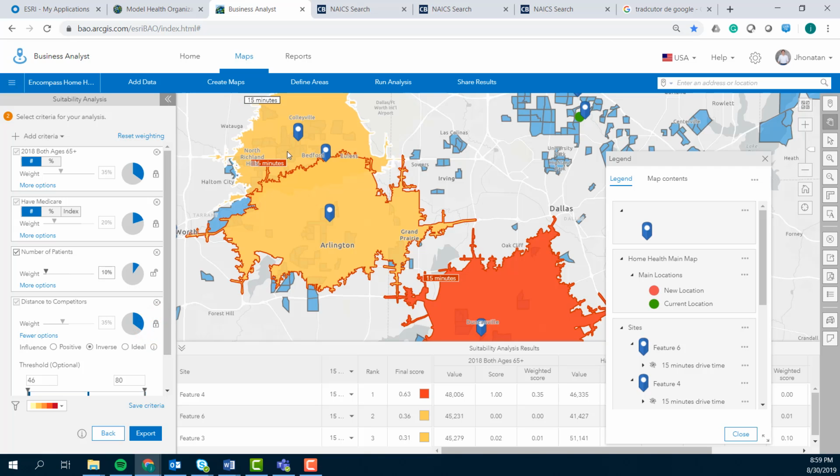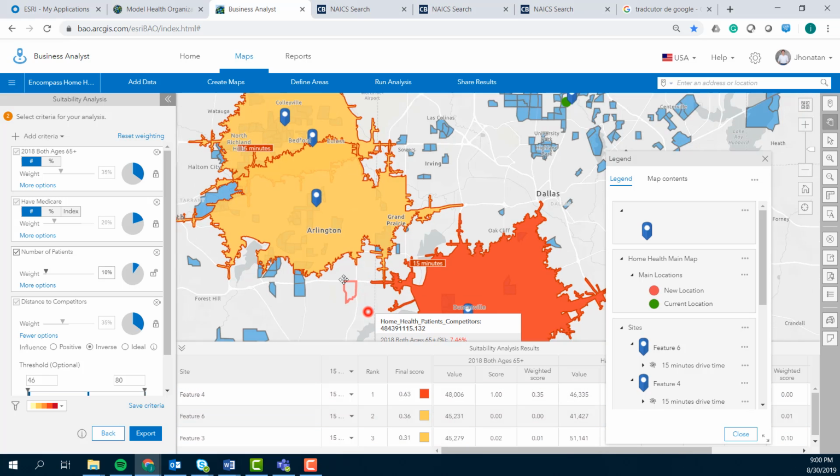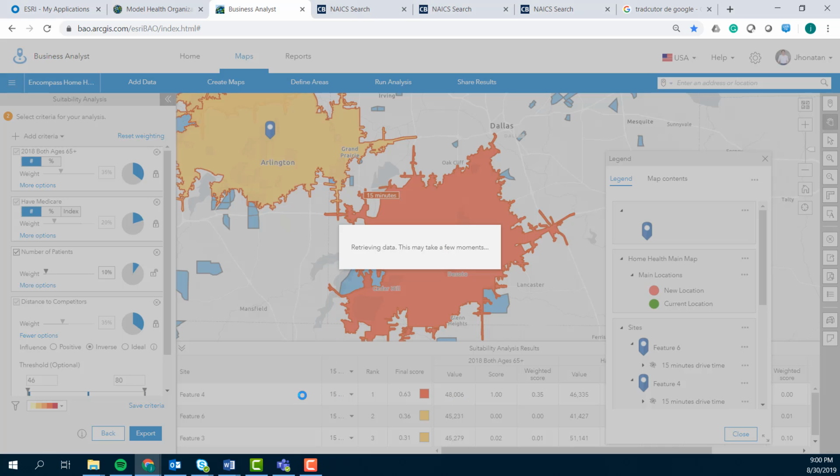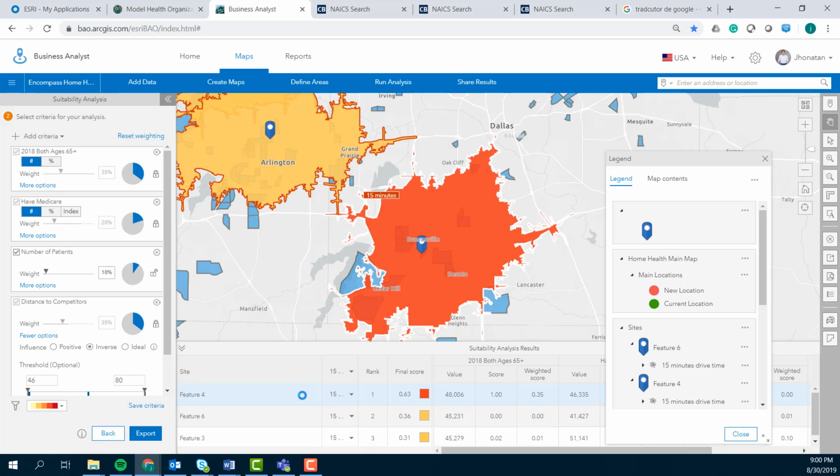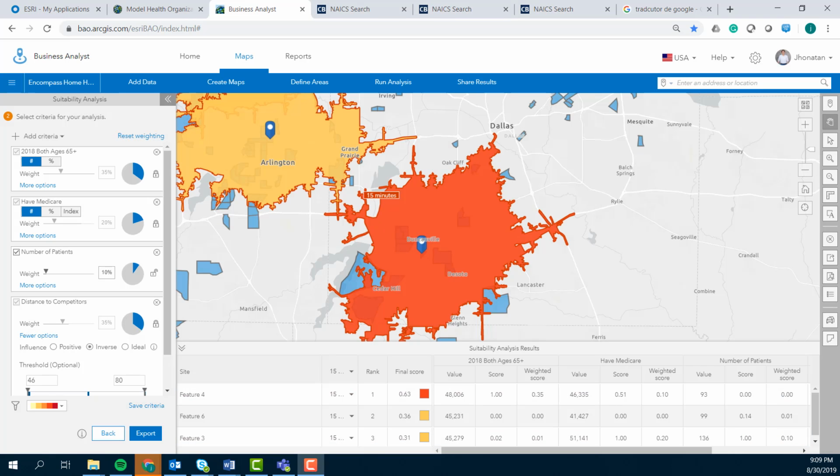You can see how the index changes according to the modifications in the weighting. And finally, I can see that Duncanville is the most suitable area to open a new clinic. Finally, once we have a result like this one, we are ready to act. Not only can we decide what is the best place to open our new clinic, but also I can go